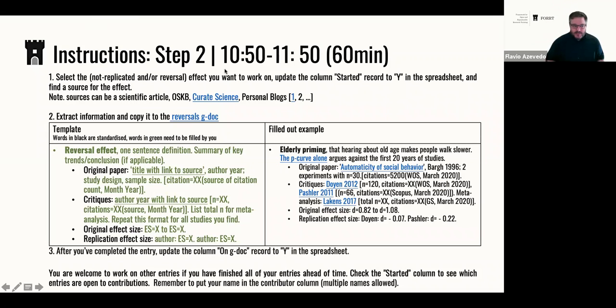And people can always come back to this sheet. It's not like it's not going to exist. So